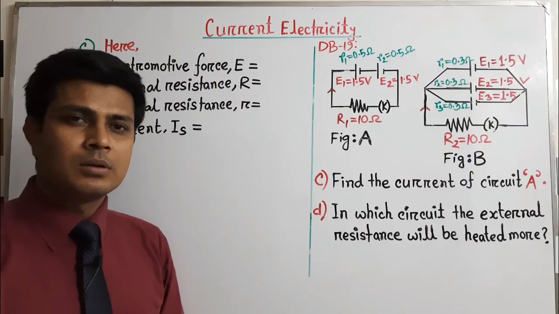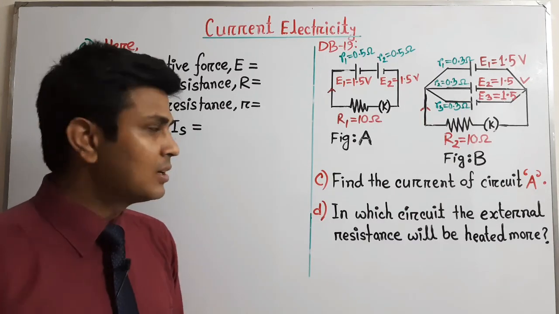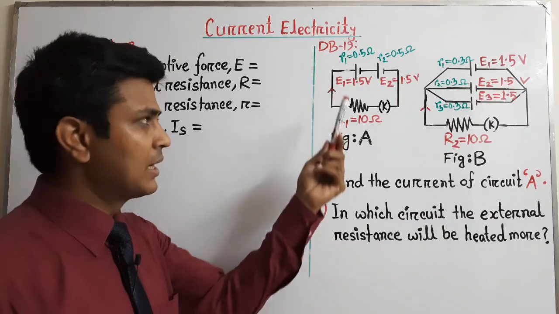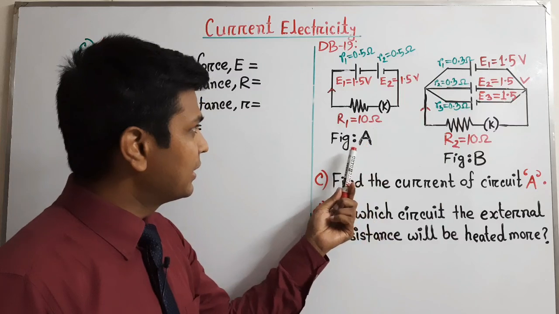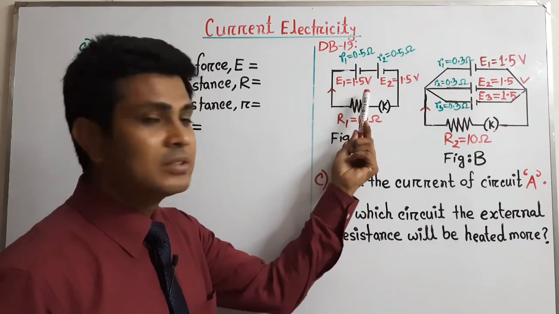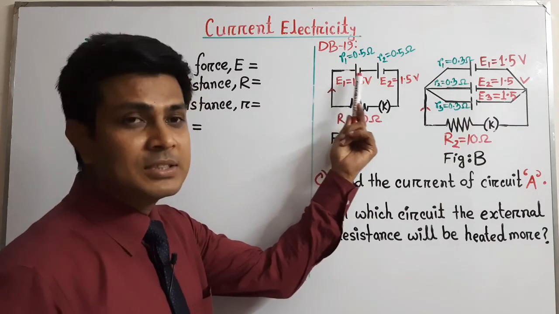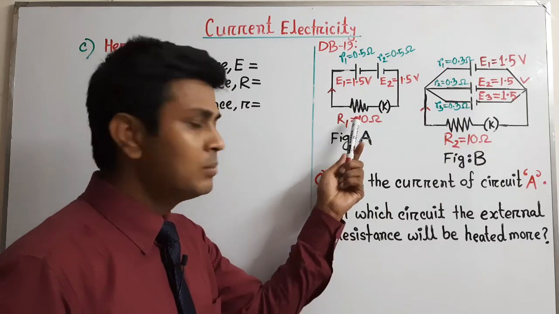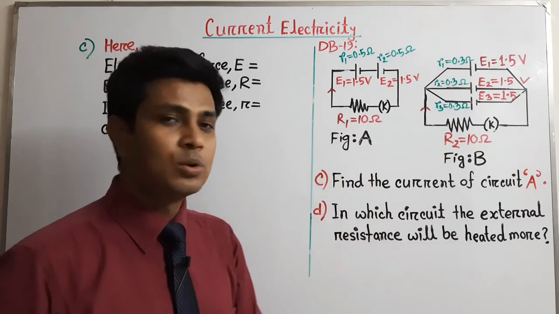external resistance. Now I would like to solve a creative question related to today's topic. Let's see the creative question on the board. This question appeared in Dhaka Board 2019, and in that question there are 2 circuits. In circuit A there are 2 cells, and the electromotive force of the 2 cells is 1.5 volt each, and these are equal. The internal resistance of both cells is equal, which is 0.5 ohm, and there is an external resistance R1, and the value of the external resistance is given here as 10 ohm.